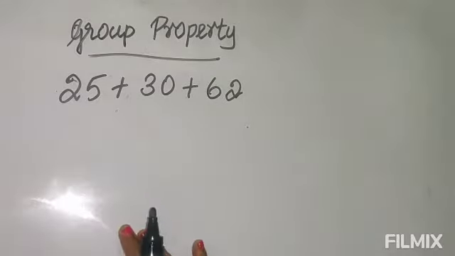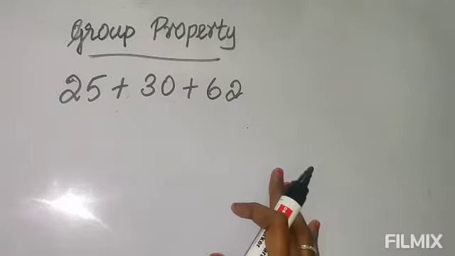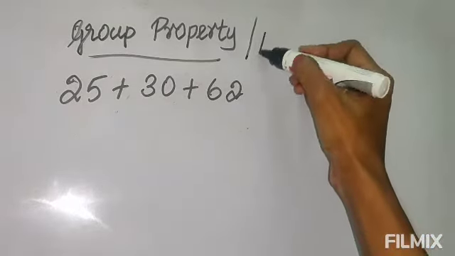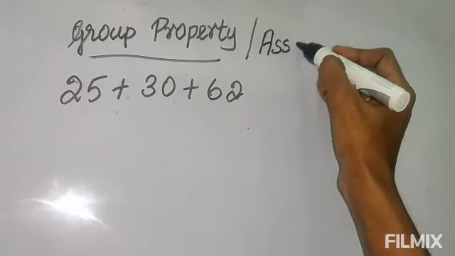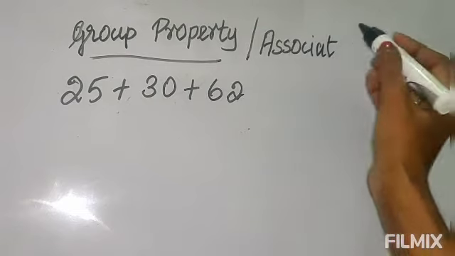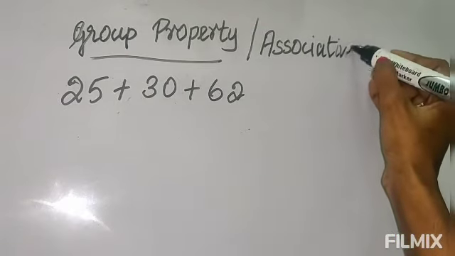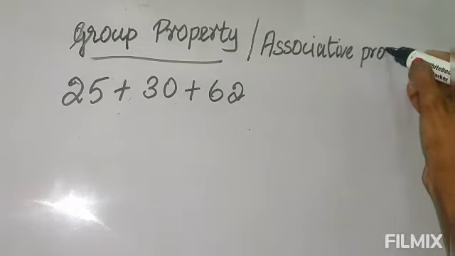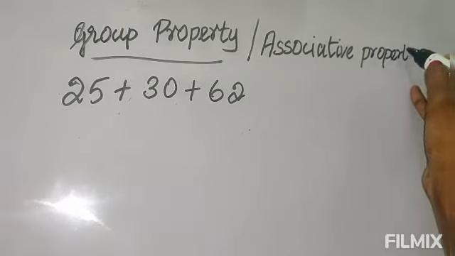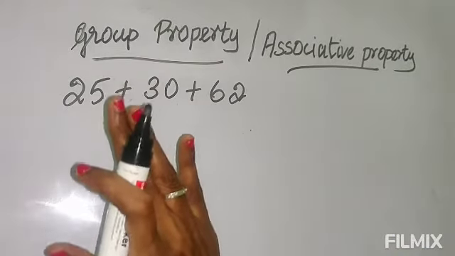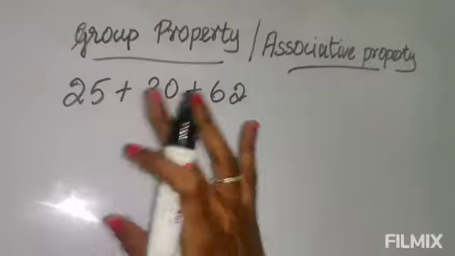Next one we say group property. Okay, group of numbers, that means more than 2 numbers. And this one in higher classes you will be learning as associative property. So I want you to remember this name rather than group property, because in higher classes this is the name used. If you want to stick to the book, then in higher classes you will be struggling. Group property is named here, that is not a mistake, both are the same.